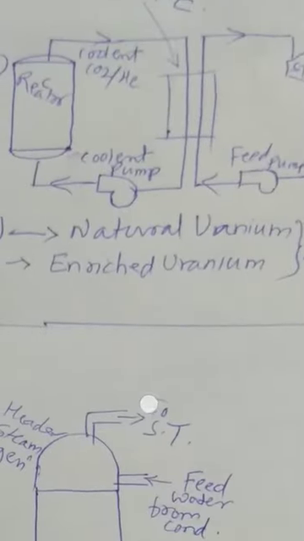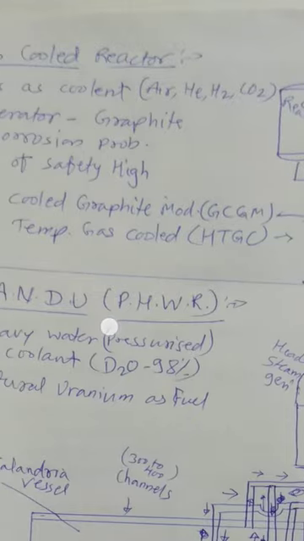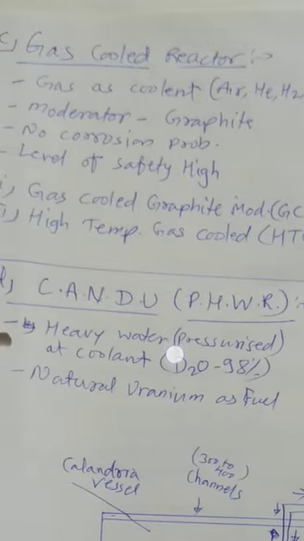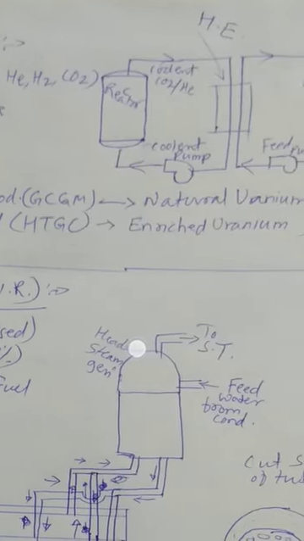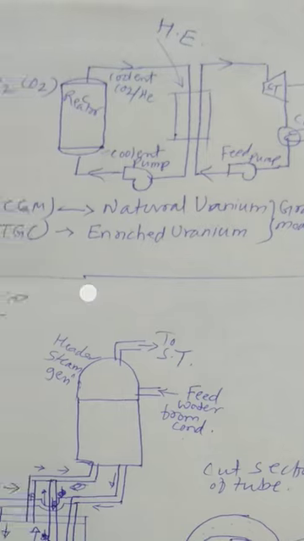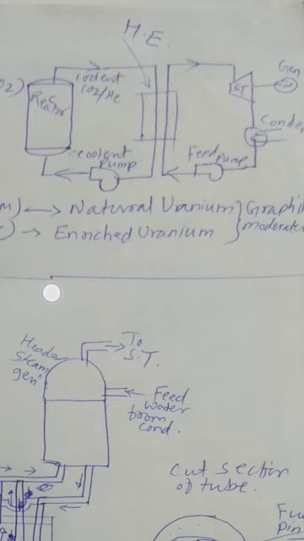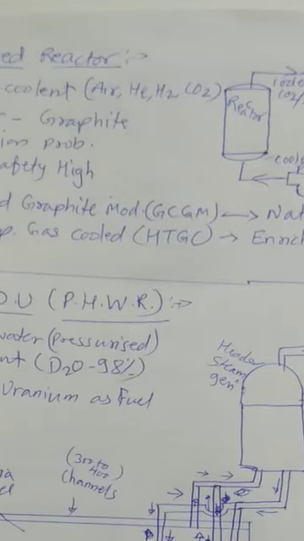If you see the diagram, the only difference is we are not utilizing the pressurizer, and as a coolant we are utilizing gas. The gas may be air, helium, hydrogen or carbon dioxide. Here the moderator is graphite. As we use gas as a coolant, the remaining circle is the same. A heat exchanger is utilized, and feed water uses the water for exchanging the heat from the coolant, that is the gas, and later on rotates the steam turbine, and that steam turbine rotates the generator where the electricity is generated.